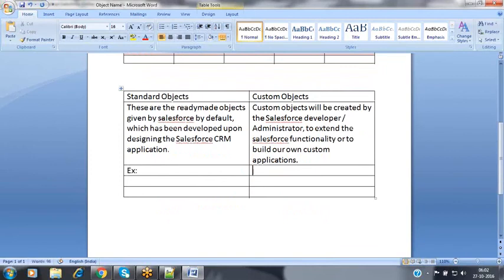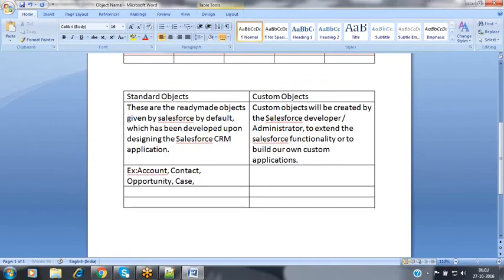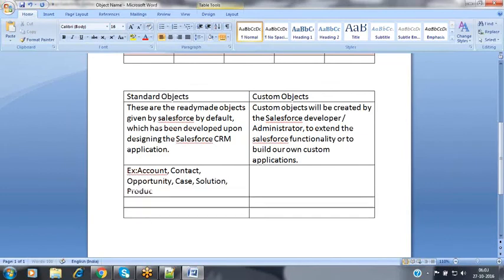For example, you have standard objects like account, contact, opportunity, case, solution, product, price book, etc. So when coming to the custom objects, for example, we are creating our